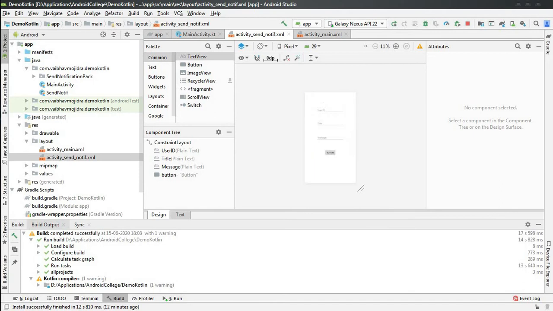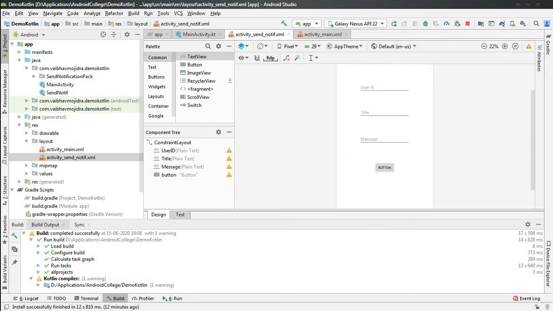Send notification has three text boxes: first is the user ID, then the title, and the message. As you know, a notification has a title and a message, plus the user ID.